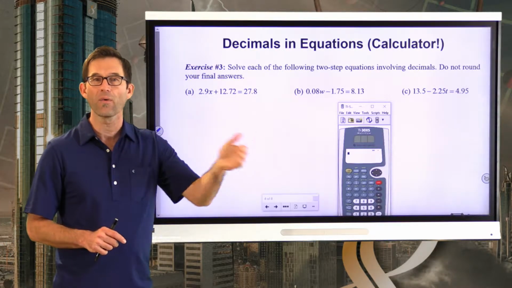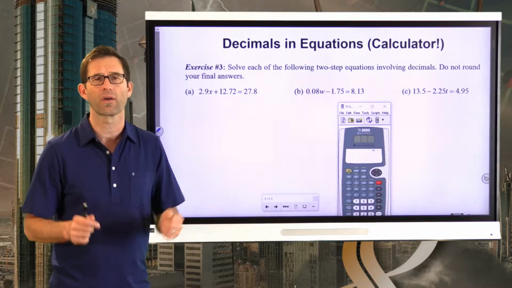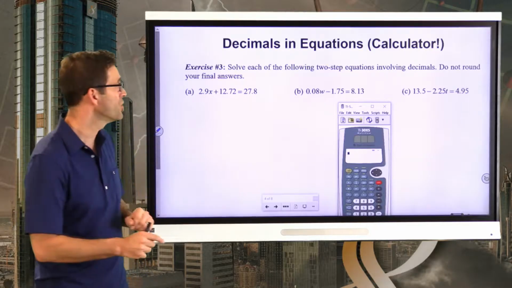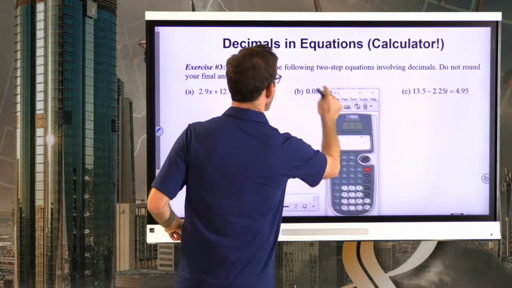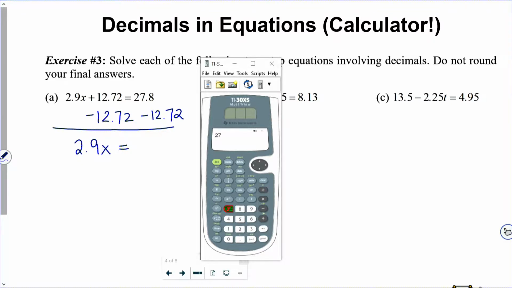But we're going to let the calculator do a lot of that lengthy mechanical work without us having to spend all the time. So let's do it. Let's have our calculator handy. I'm going to subtract 12.72 from both sides of the equation. First, I'm going to write down my 2.9x equals, and again, this is why we have calculators. 27.8 minus